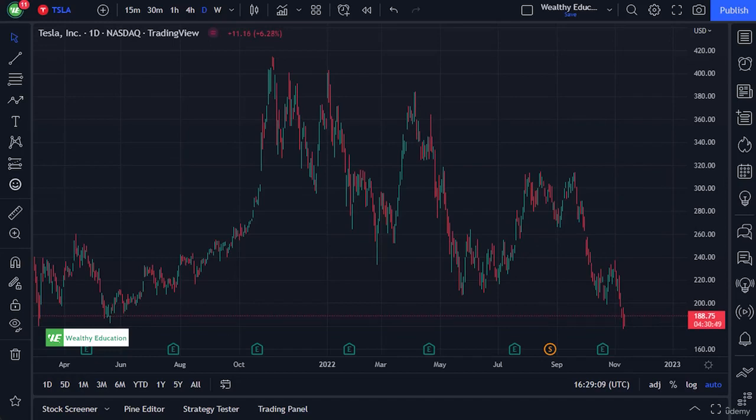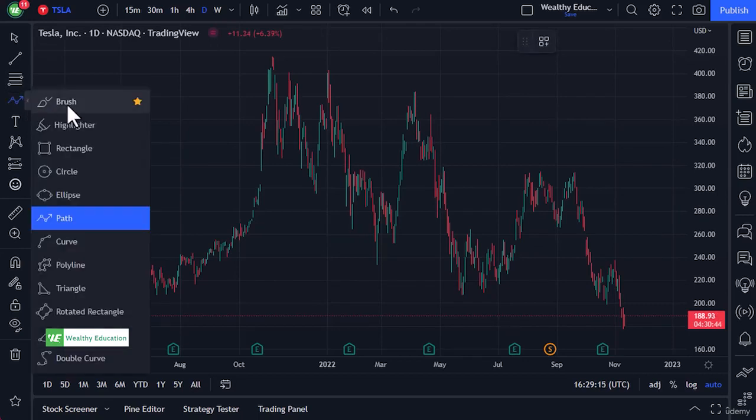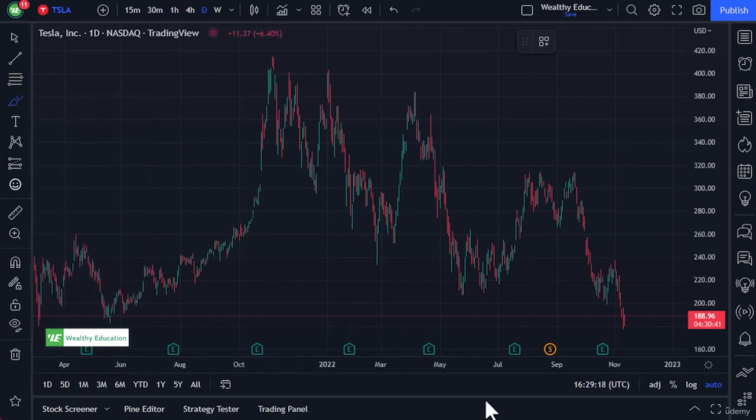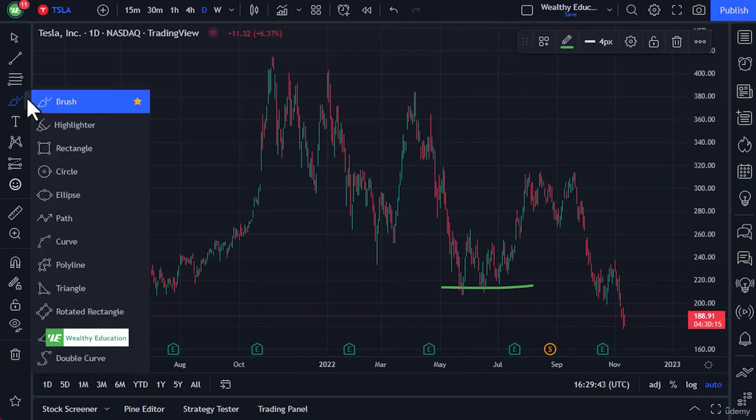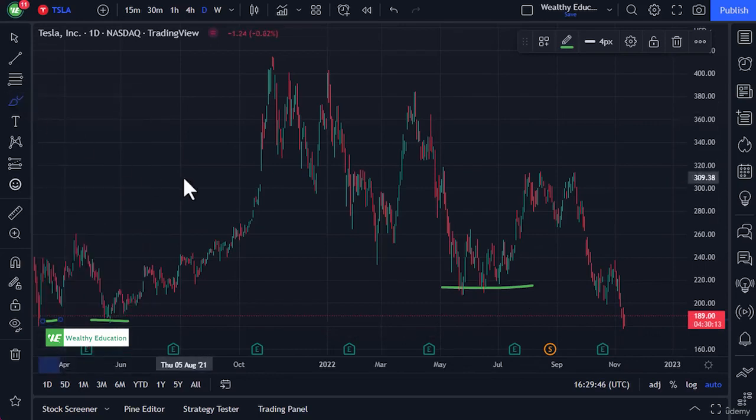So pretty straightforward, really. Notice as I mark on the chart some of these levels, and we'll talk about support first. Notice how the market did not want to break down below that area and it bounced from there. Notice how you could say the same thing about this area at least twice. This happens to be Tesla, but this works the same on any other asset. So let's take a look here at